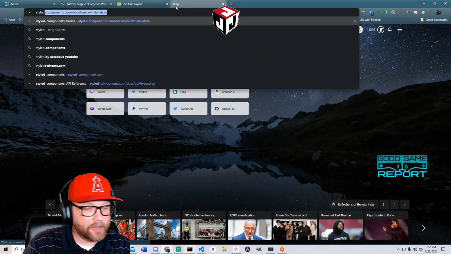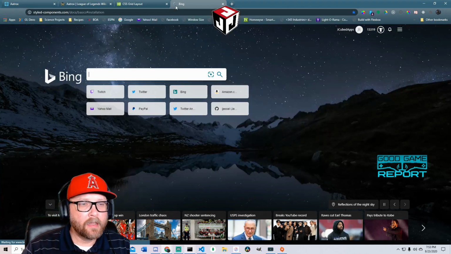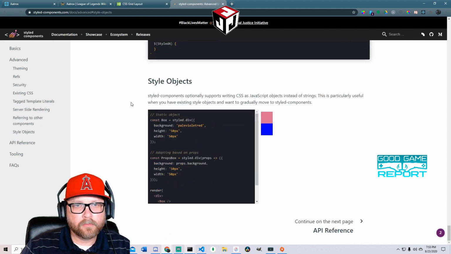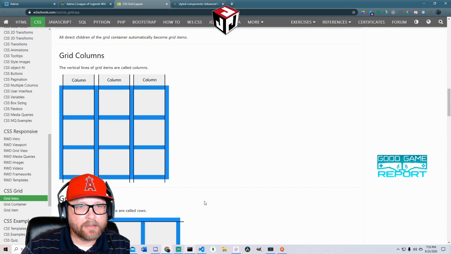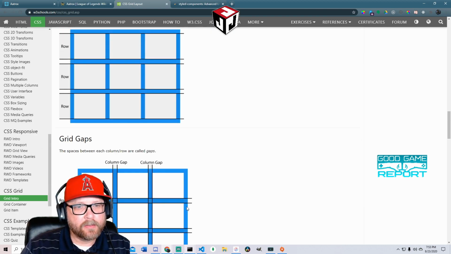Let's see a styled components. Let's see grid. Nah, this is just styling. They don't have anything like that. I guess this kind of looks like what I want.